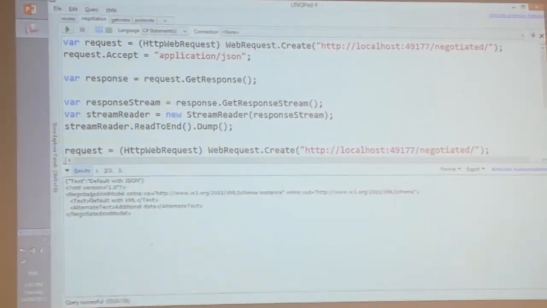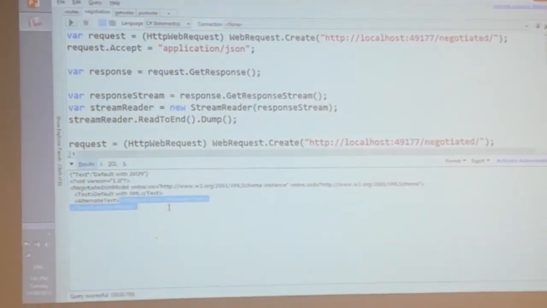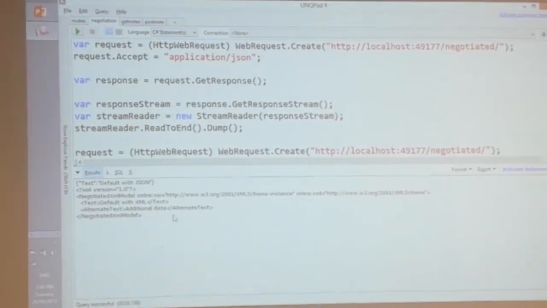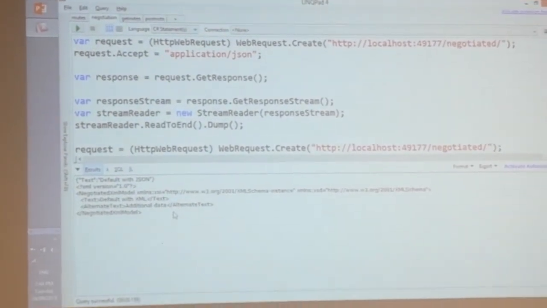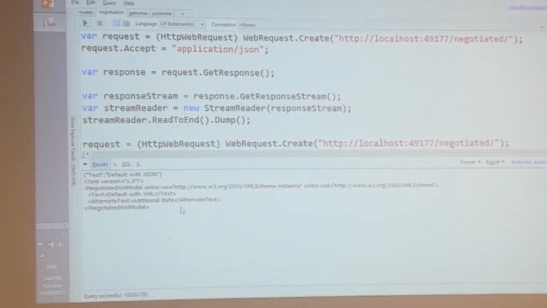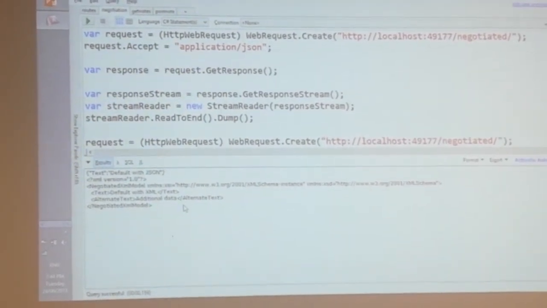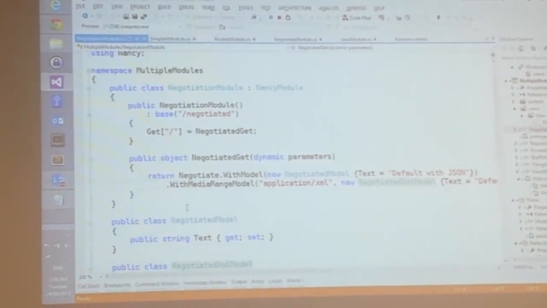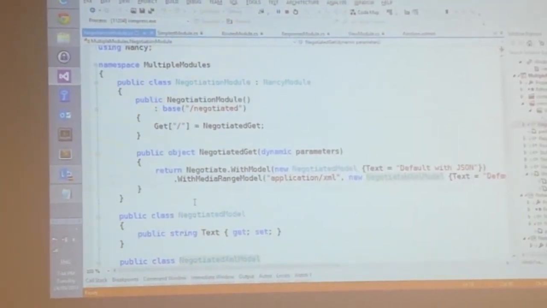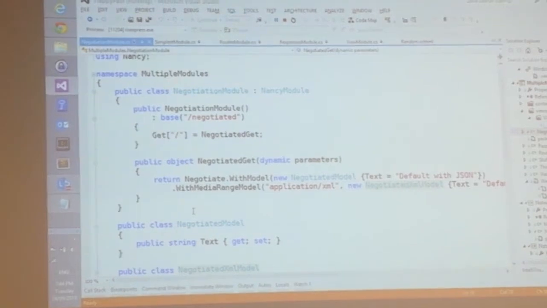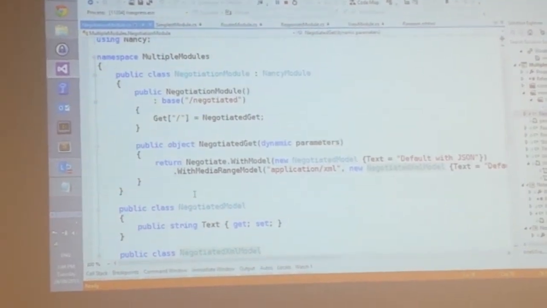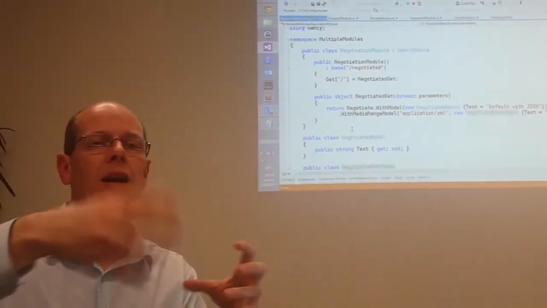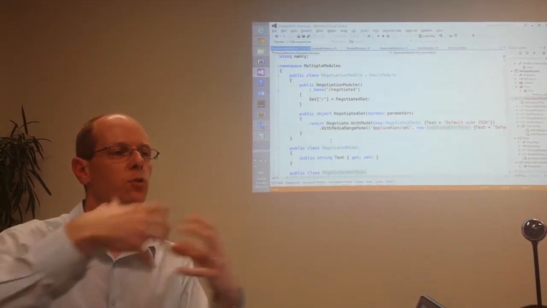And there it is. So I've got my default with XML and some additional data that I've decided to throw in there with it. What that means now is I've got quite a bit of flexibility in how I put together my APIs. And again, the complexity here really isn't that high. So I can now take, for example, conceptually, an application that's doing things and create an API for that embedded within the app itself.